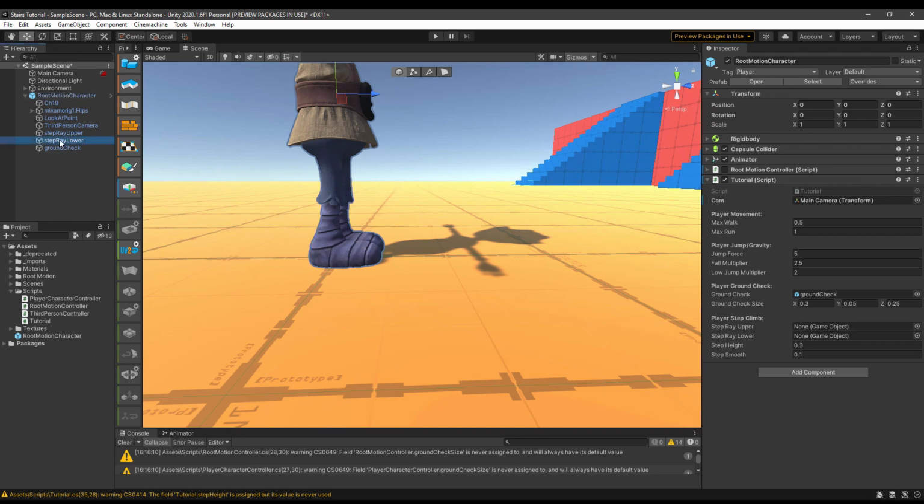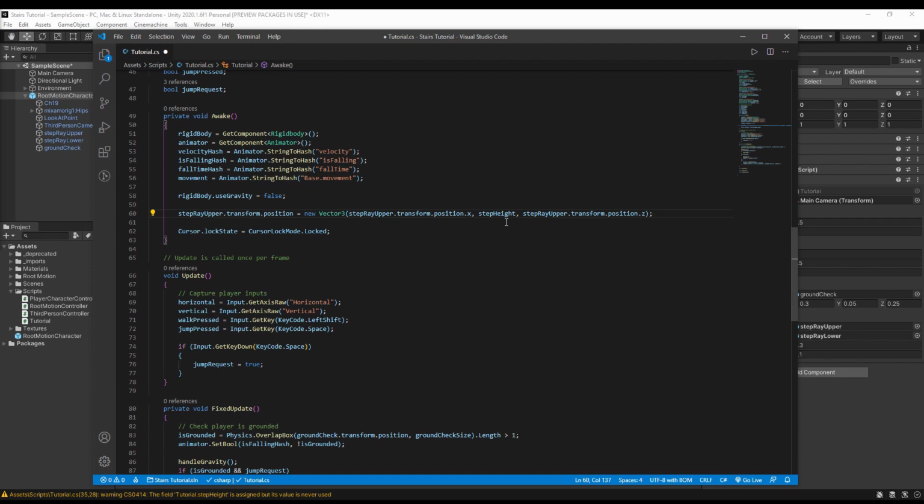So the first thing we're going to want to do is define our step lower and step higher heights. Here's where you can change the values if you're going to need to. Okay, so the next stage is to take the step ray upper game object that we have defined, take its position and set its height to be the step height that we set in the inspector. This will allow us to adjust exactly how high and how tall the steps can be that allow us to